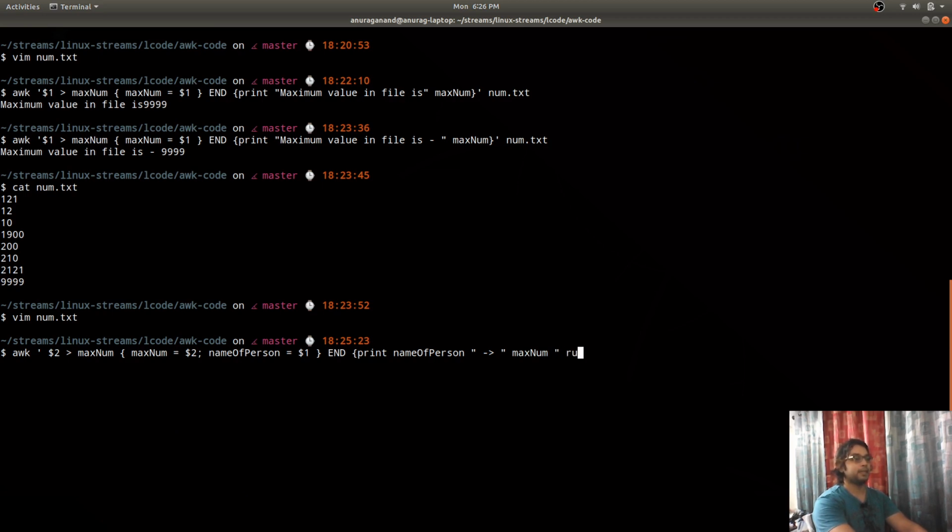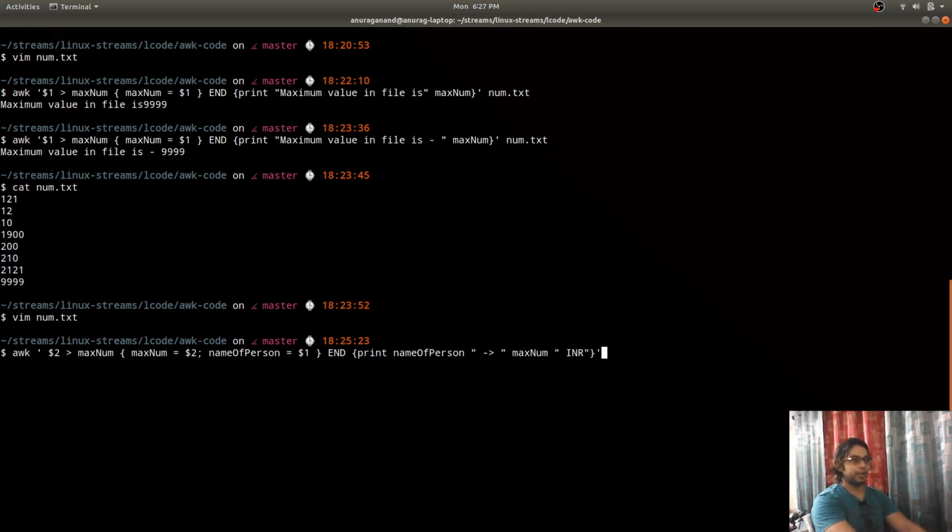And I'm in India, so I'm using INR as the currency for the saving amount. In different countries, for example in the USA we would use dollars, in some places dinar or ruble and so on. In India I'm using Indian rupees. So print name of person, this arrow, and max number, then a space, then I have written INR. The print function will automatically concatenate all the strings, and we don't have to do anything for that.